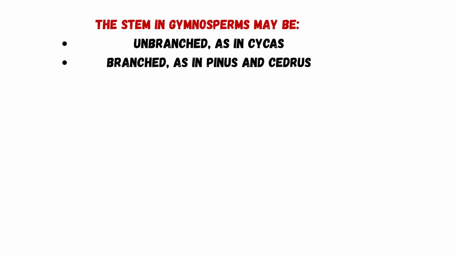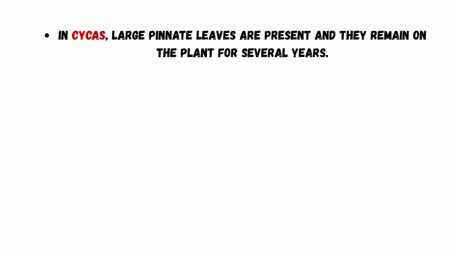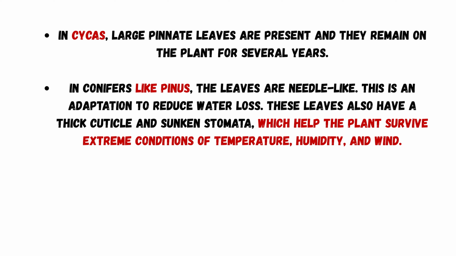Now let us understand the stems and the leaves of gymnosperms. The stem in the gymnosperms may be unbranched or branched. Leaves may be simple or compound. So in Cycas, large pinnate leaves are present and they remain on the plant for several years. In conifers like Pinus, the leaves are needle-like. This is an adaptation to reduce water loss. These leaves also have a thick cuticle and sunken stomata, which help the plant survive extreme conditions of temperature,